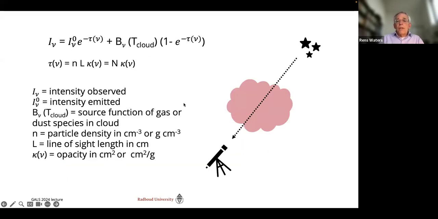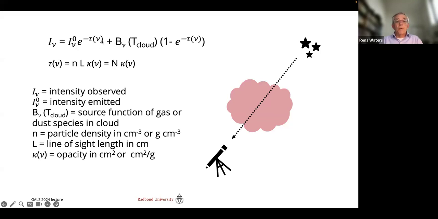Yeah, what we do then, just to set the scene, is we have a cloud of dust and gas, of course, because remember, the main part of interstellar clouds is H2 gas, and dust is only 1%. So we have an object here that is obscured by a dust cloud, and we observe this with our telescope. And then you can write a very simple radiative transfer equation. It's the simplest possible radiative transfer equation. The intensity we observe at the telescope is the intensity of the object,